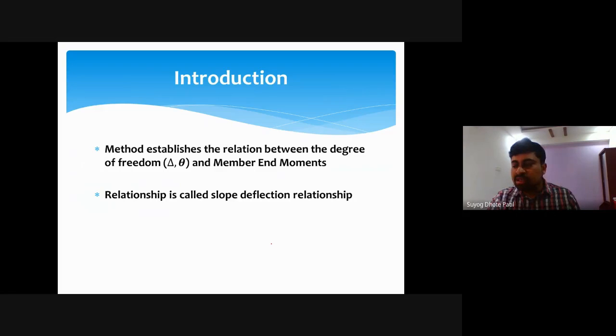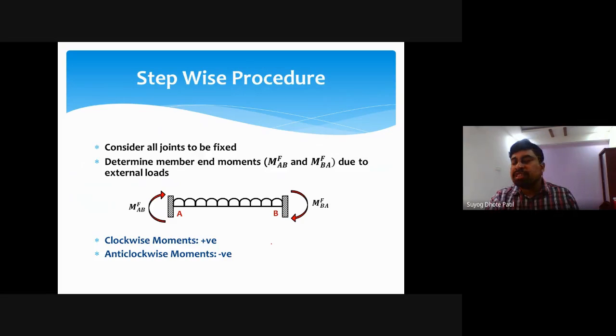So this developed relationship is called the slope deflection relationship. Okay. So the step by step procedure: consider all joints to be fixed. Now, if we think about the continuous beam, first of all,